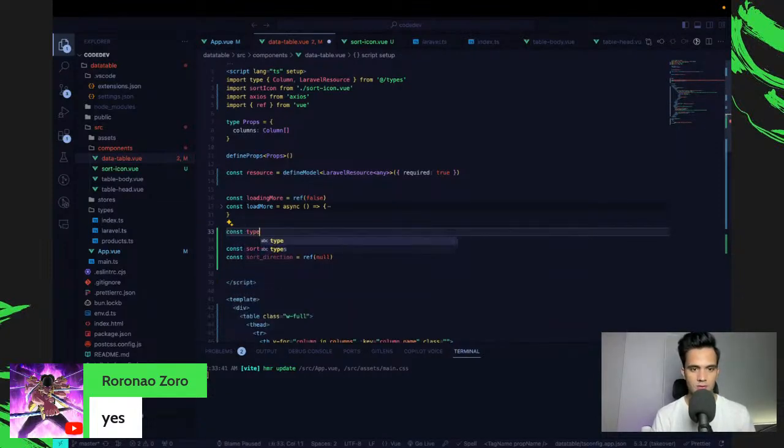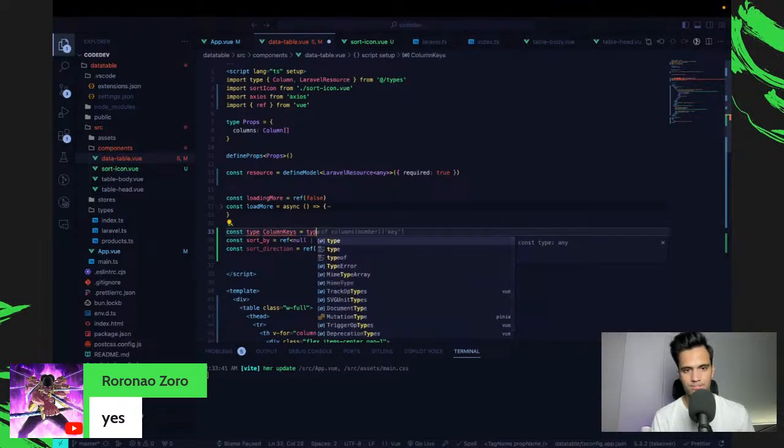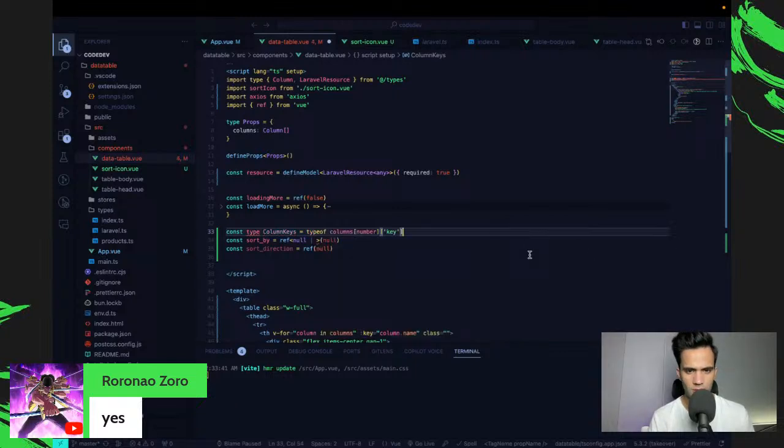Const type sort table sort keys, or maybe column keys, is equal to keyof typeof no. It is going to be equal to typeof column number key.